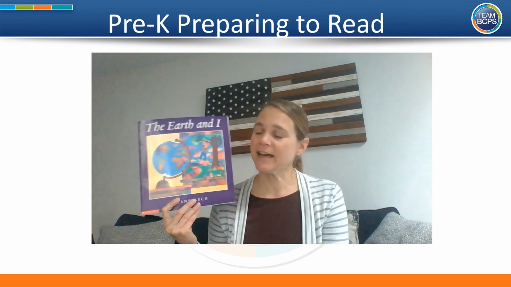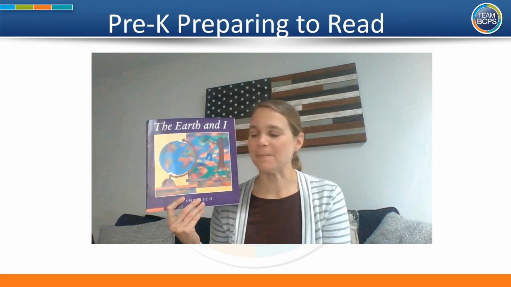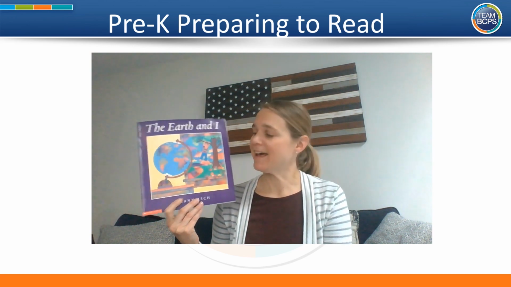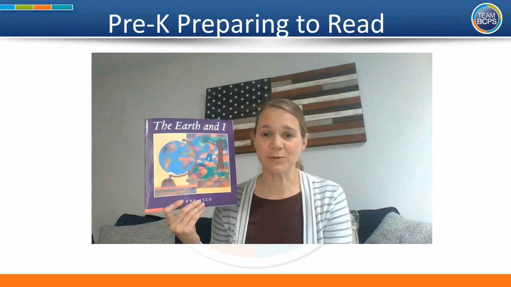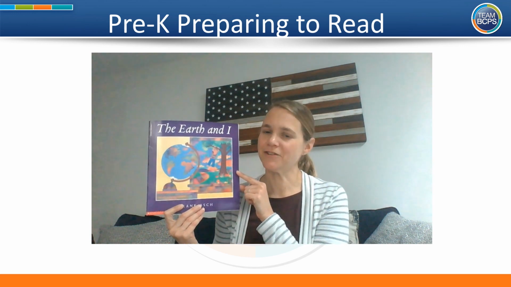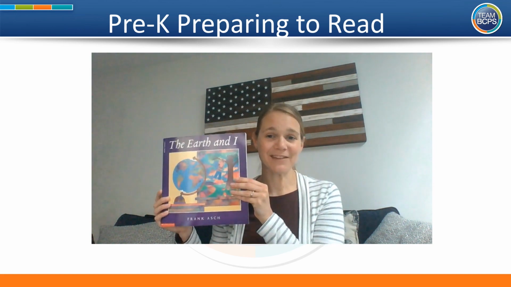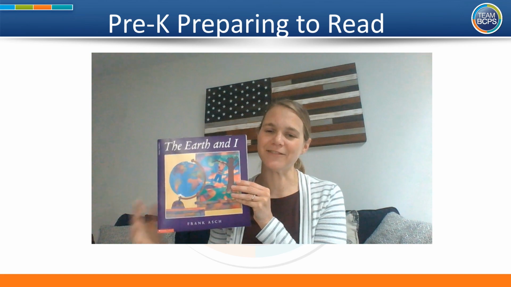Very good. Okay, the last component of our Brain Smart today is to do our activity to commit. As I mentioned earlier, we're going to read the story, The Earth and I by Frank Ash, and we're really going to have to pay attention to the illustrations in our story today to help us to understand the components of the earth and how we'll be using our senses to explore the earth. So my commitment today is to pay close attention to the illustrations to help me to understand the story. So with that, we're going to get ready to read The Earth and I by Frank Ash.